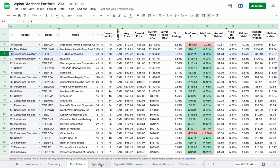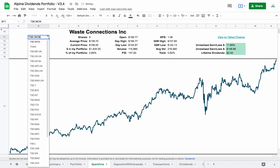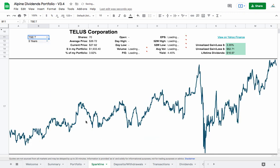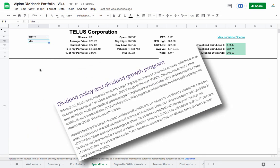So actually, if we jump into the sparklines here, let's set it to the 5 years, and take a look at these one at a time. TELUS is just experiencing nice consistent growth. They've got a very solid dividend as well of 4.5%, and they're also growing it quite a lot. I consider 4.5% to be pretty high, and they're growing it at, I think, 7 to 10% per year or something like that. Don't quote me on that, but